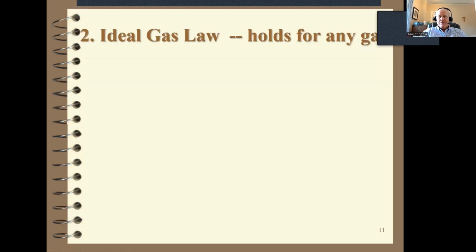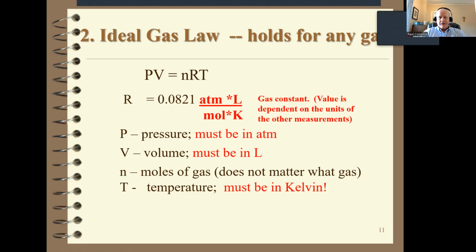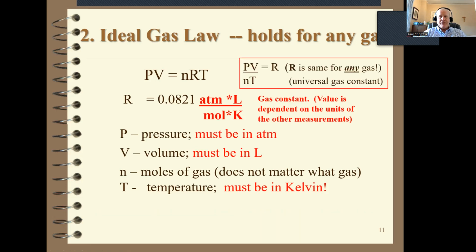Slide 11, we get to an incredibly important gas law, which is called the ideal gas law. Amazing, holds true for all gases. Pressure times the volume is equal to the number of moles times the constant R times the temperature. Now, R will always be given, and this is the value of R that we're using for this equation. There are other values of R with different units, which we'll learn about next semester, but this R is the one we're going to be using,